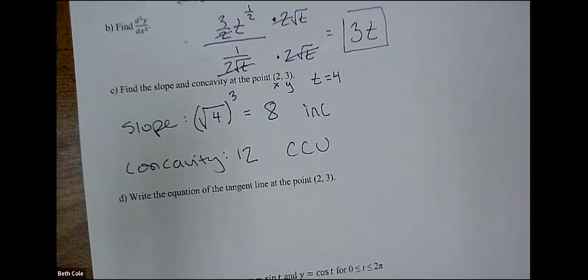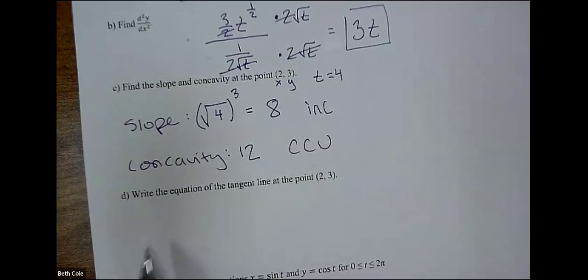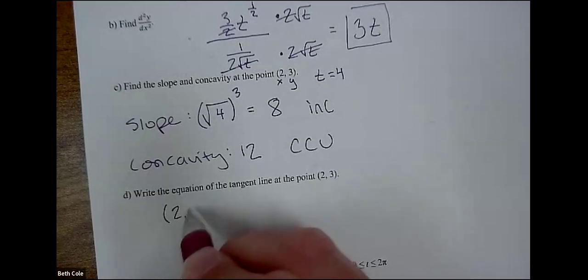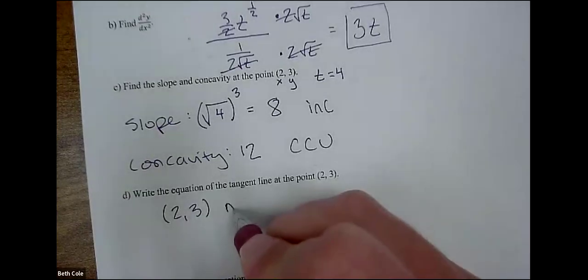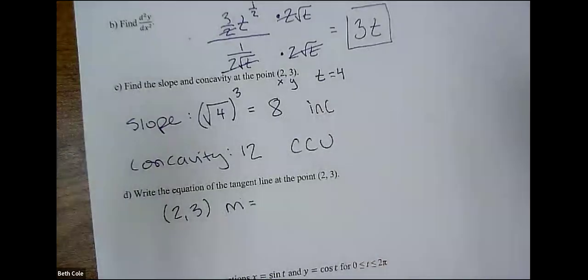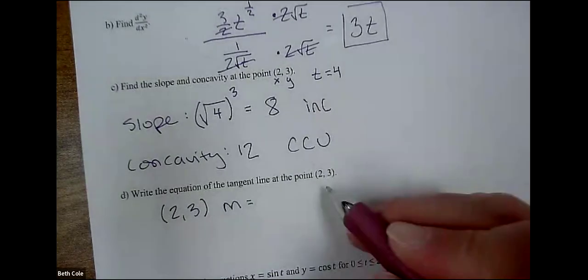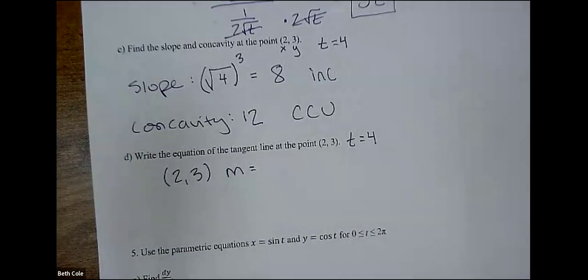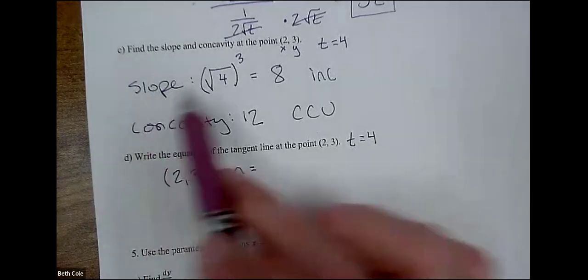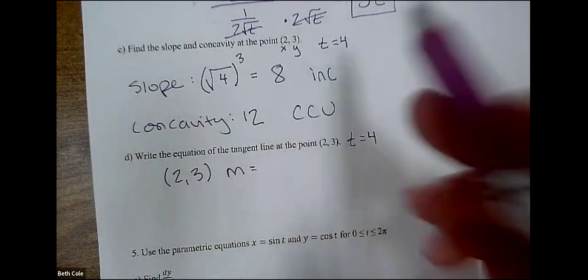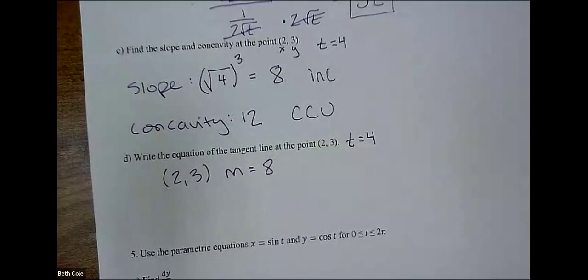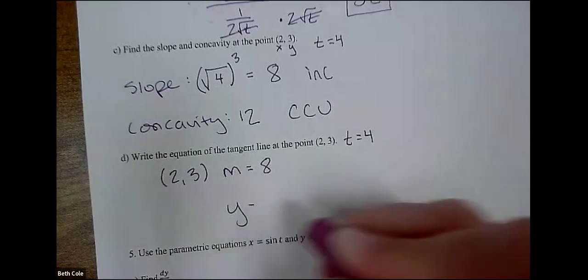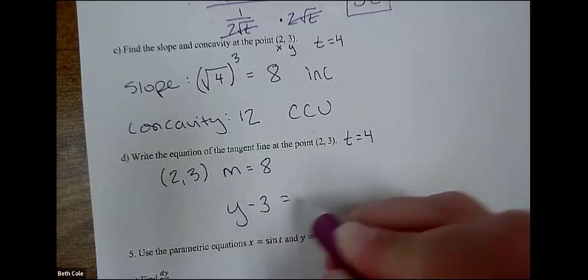All right. D is asking for the equation of a tangent line. What 2 things do you need for an equation? Yeah. They just handed us the point, and then we need the slope. I made it the same point we just did to make things simple. At this point, t is 4. Cool. And we already plugged 4 in and got our slope, and it was 8. I did that on purpose because we already did it. And then you just put it together to write your equation. It'll be y minus 3 equals 8,